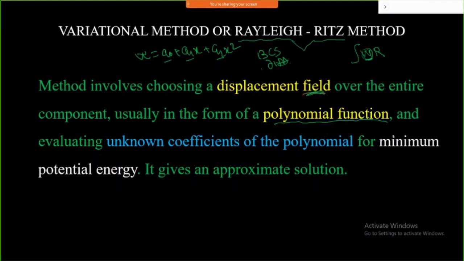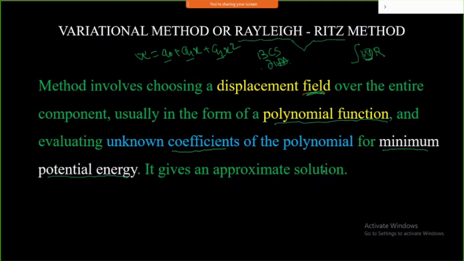And here, we are taking care of the minimum potential of the system. Minimum potential means we determine how much energy there is, and we determine the solution based on that. For stability purposes, the potential energy or total energy of the system remains constant. If I take a derivative of it, obviously the derivative of a constant is zero. So we take a derivative with respect to the coefficients. Once we have formulated the equation for potential energy, minimizing it means taking a derivative with respect to the coefficients and determining the approximate solution.